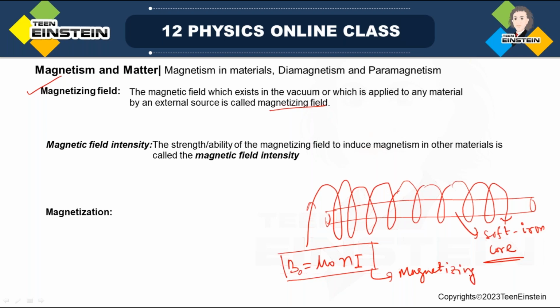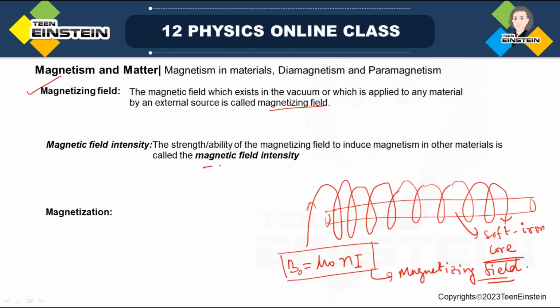Magnetizing field. This is called the magnetizing field. The field which exists in the vacuum, or which is externally applied to some object to induce magnetism in it, is the magnetizing field. And the strength of that magnetizing field, strength meaning the extent to which the applied magnetic field can induce magnetism in a particular material,